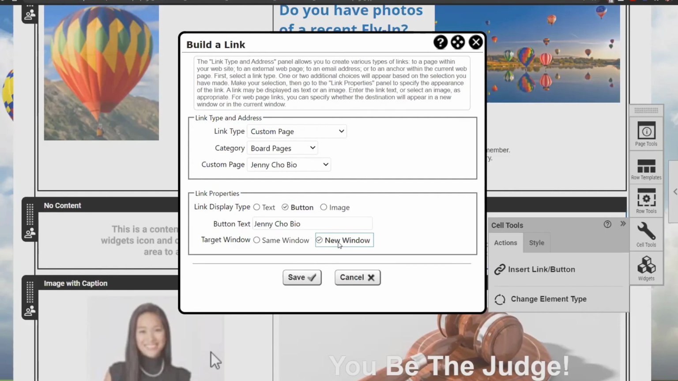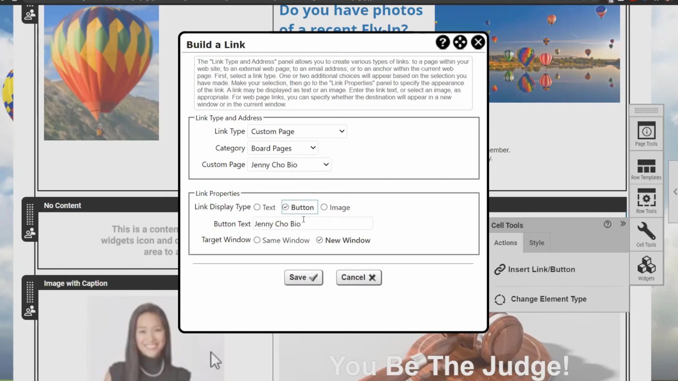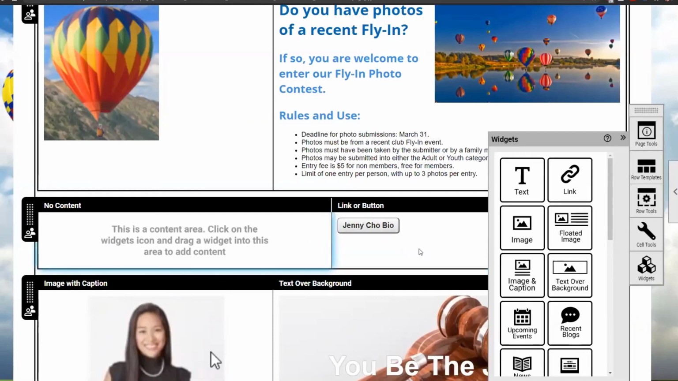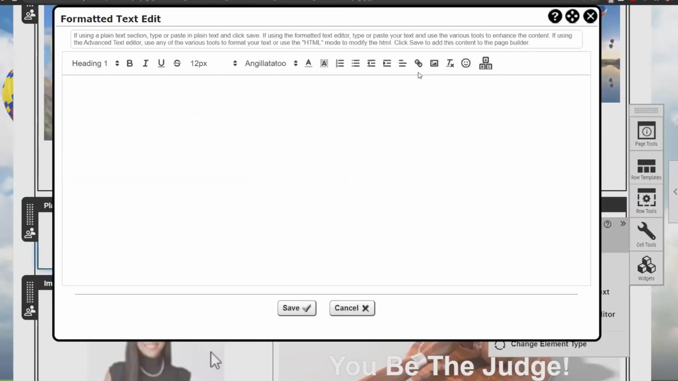And you can decide what kind of link it should be. Should it be the text? Should it be on a button? Do you want to have it as an image? So they click on the image and the image jumps to something else. There's any number of ways of doing it. So you can do it here as the link widget. You can do it in the formatted text editor and in the advanced text editor,